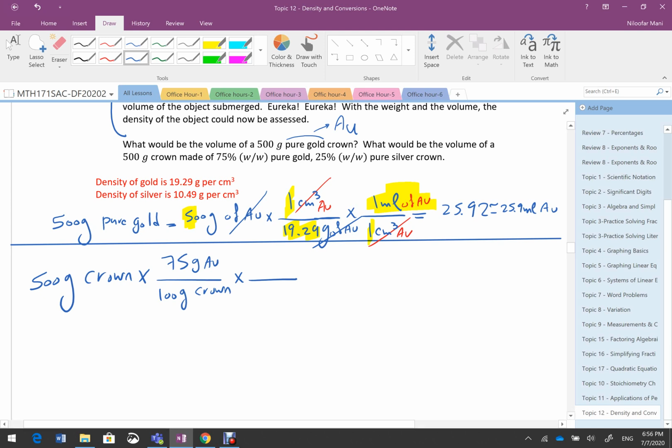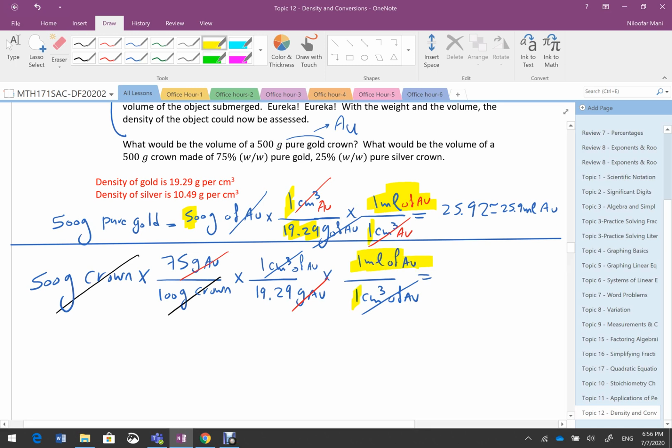So here I have 19.29 gram of Au per 1 centimeter cube, and 1 centimeter cube of Au is 1 milliliter of Au, and I can cancel these pairs. So what is left here is this, and this, and this. The answer is